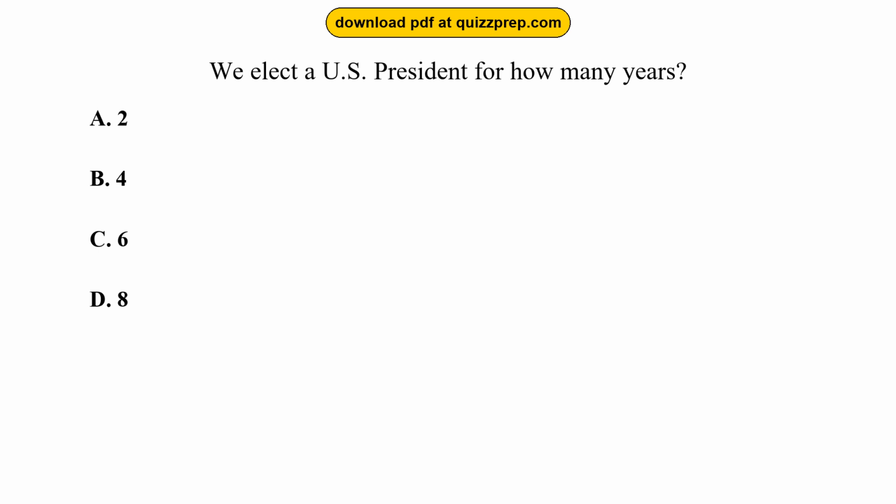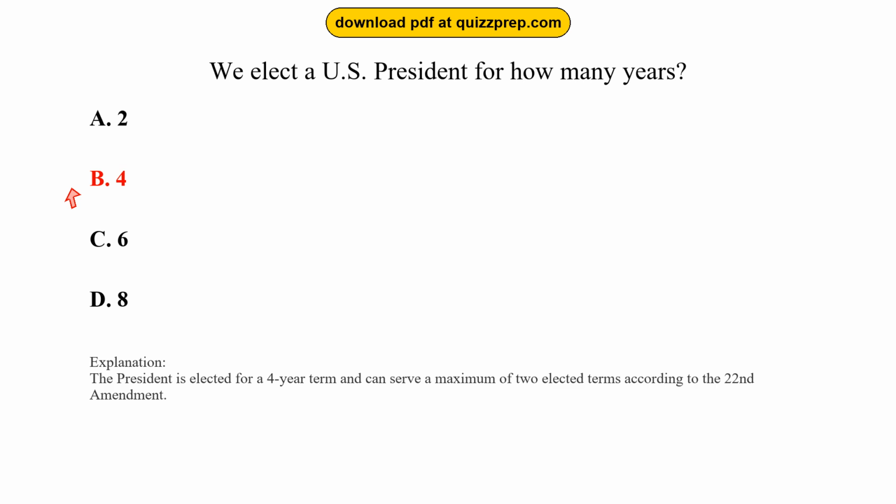Question 18. We elect a U.S. president for how many years? Option A, 2. Option B, 4. Option C, 6. Option D, 8. The correct answer is option B, 4. The president is elected for a 4-year term and can serve a maximum of 2 elected terms according to the